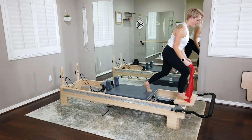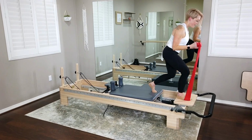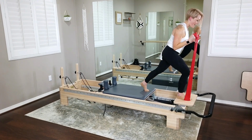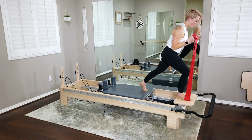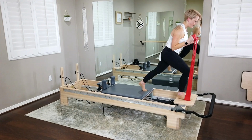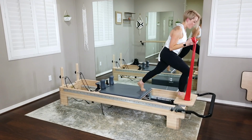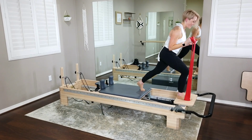All right, we got those heel peels coming up. This is your last one. Hold your bicep curl, take the left leg back out, and now from here, holding the bicep curl, that's isometric now. My right heel is gonna peel and lower. Lift and lower, it's very small. I want you to keep a connection underneath that big toe. We're recruiting that right inner thigh. Holy cow, I'm super shaky, guys, so if mine doesn't look like it's peeling a lot, that's why. All right, we're here for 4. Last 3,